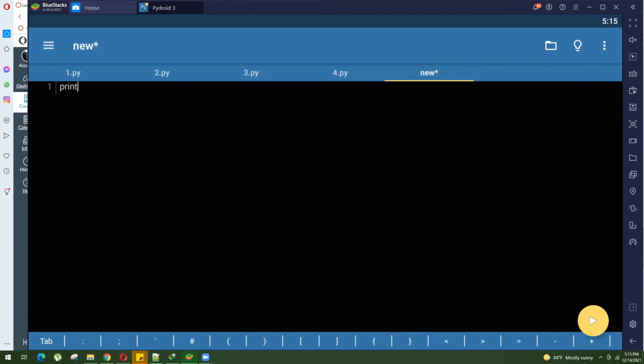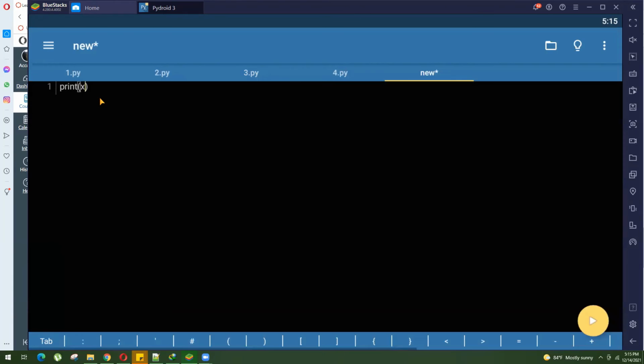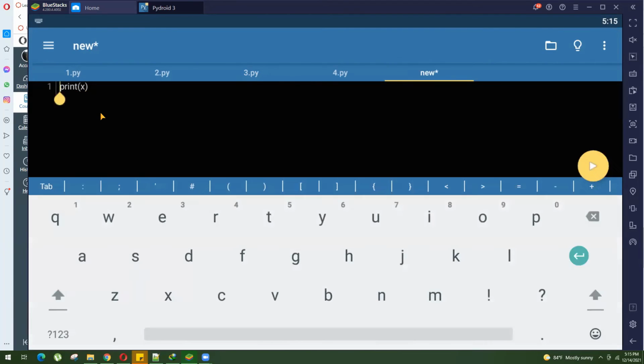For example, you just do this code. There's an error. X is not defined, meaning to say there is no variable X that has a value or initialized. So what we want to do is use try and then except print error. So instead of the program exiting and then showing the error, it will,